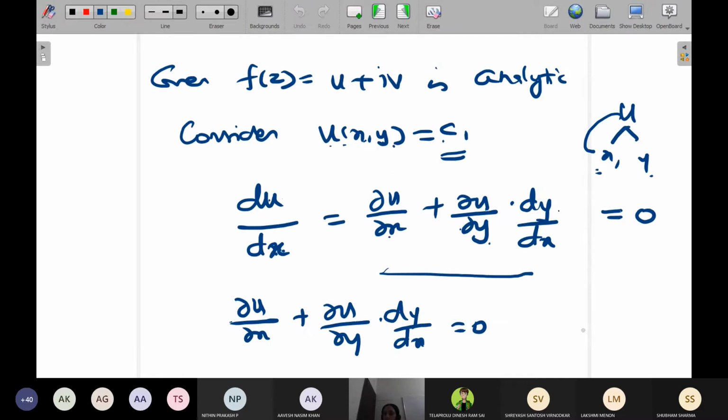This is from considering u of x comma y to be constant. So that's why I'm getting the differentiation of this equal to 0. But how will the differentiation be? This is the way the differentiation will be. Similarly,